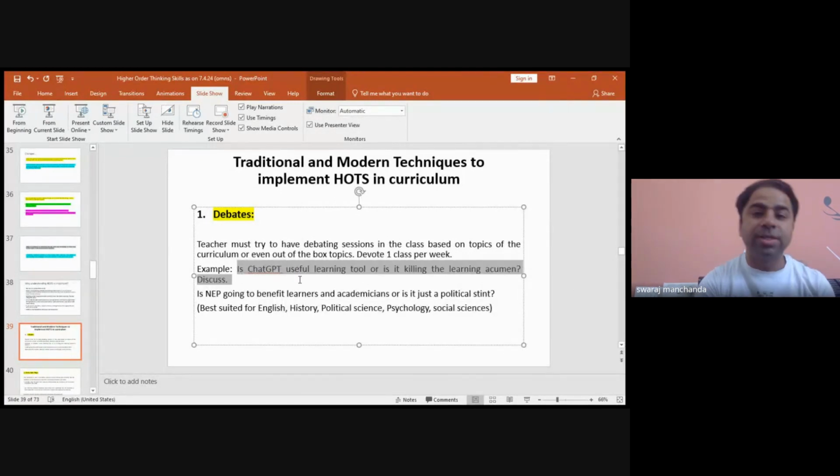Most of my students are using ChatGPT to create project reports of 30-40 pages. When they came to me and I examined them, I simply caught them by asking the meaning of one heavy word which was used in the project. I told them, "Mujhe bhi nahi aata. Tell me." He was stuck. And then he said, "I have copied from ChatGPT." So there we need to work on.